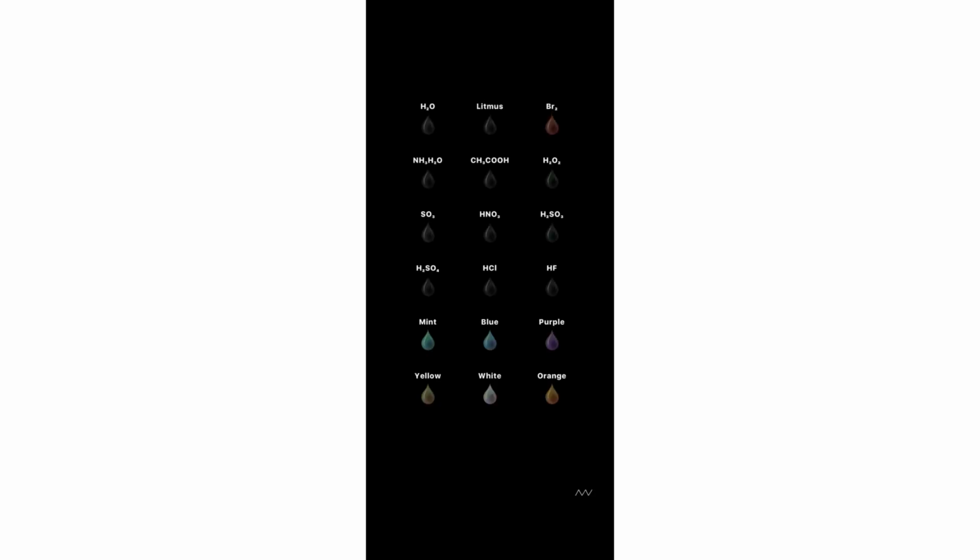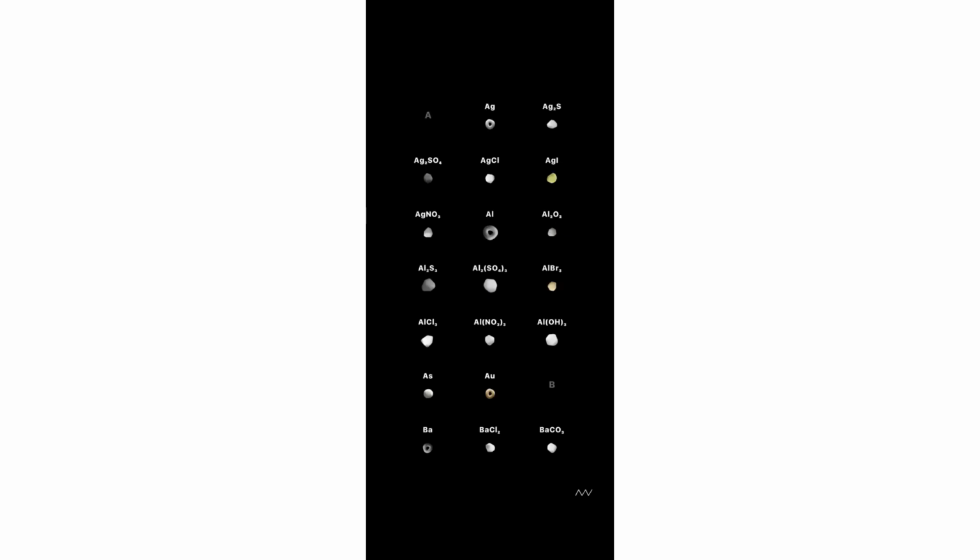So guys, this is the Beaker application and as you can see, the interface of this application is very simple. On the screen you can see two icons, one on the top left and one on the top right. If I click the button on the top right, here you will see a list of all the acids, bases, salts, gases and many other chemical compounds. And there is another icon on the bottom right of the screen. If I click this button, it will tell you the chemical name of the compound, its molar mass and also its volume.